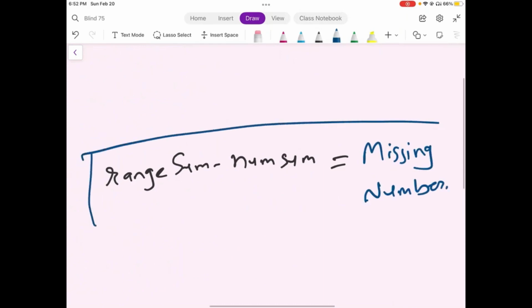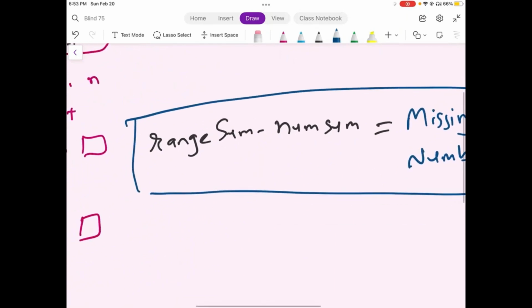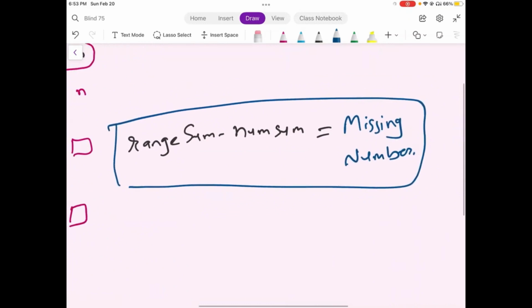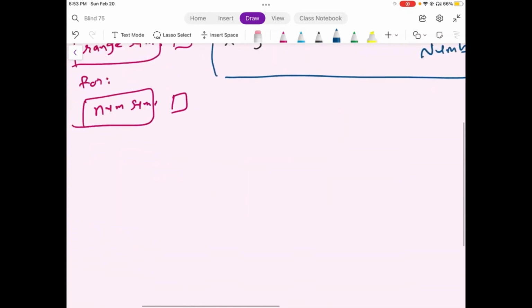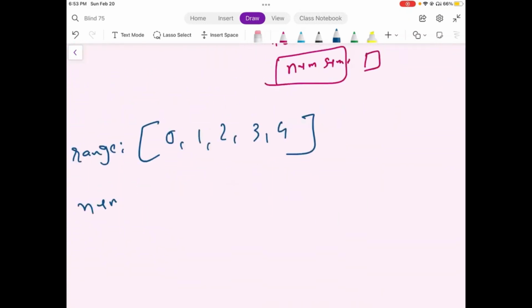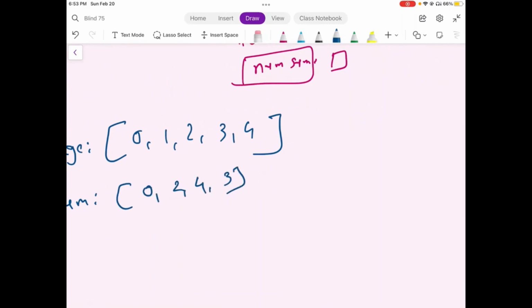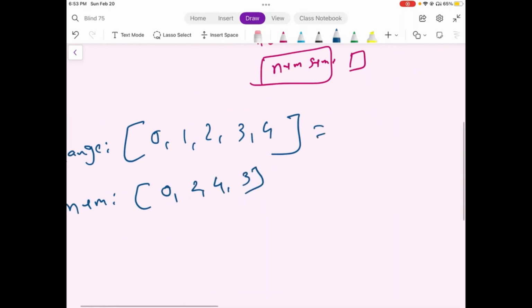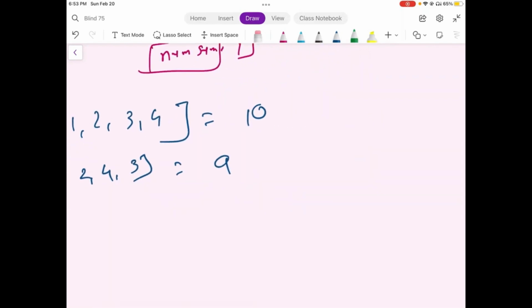And this way we would be able to find the solution pretty quickly. Let's take it by a quick example. So clearly we can see that this value 1 is missing. So the sum of all the elements over here would be 10, and the sum of all the elements over here would be 9. So if we simply do 10 minus 9, we would find the value 1,